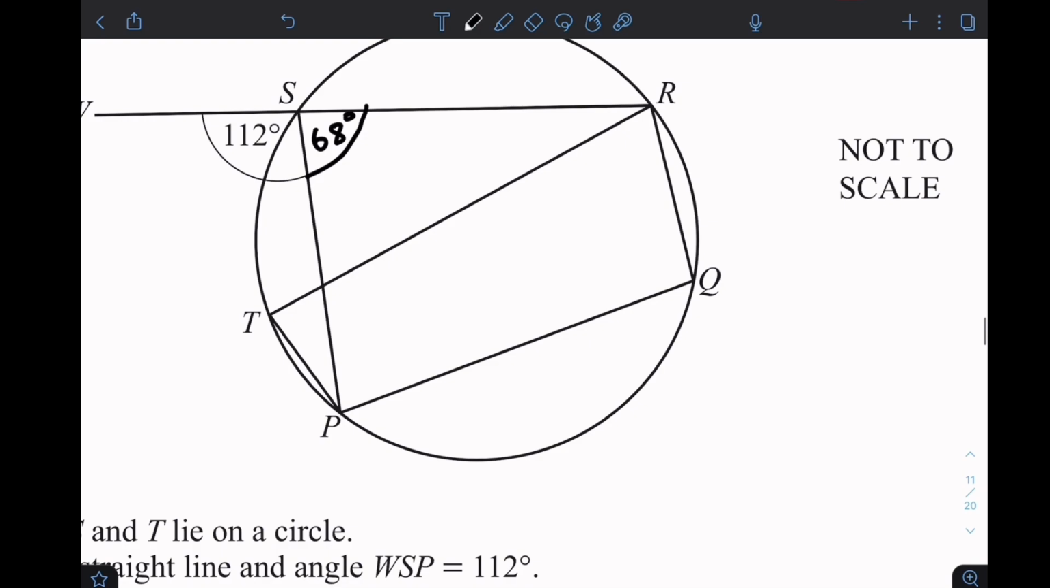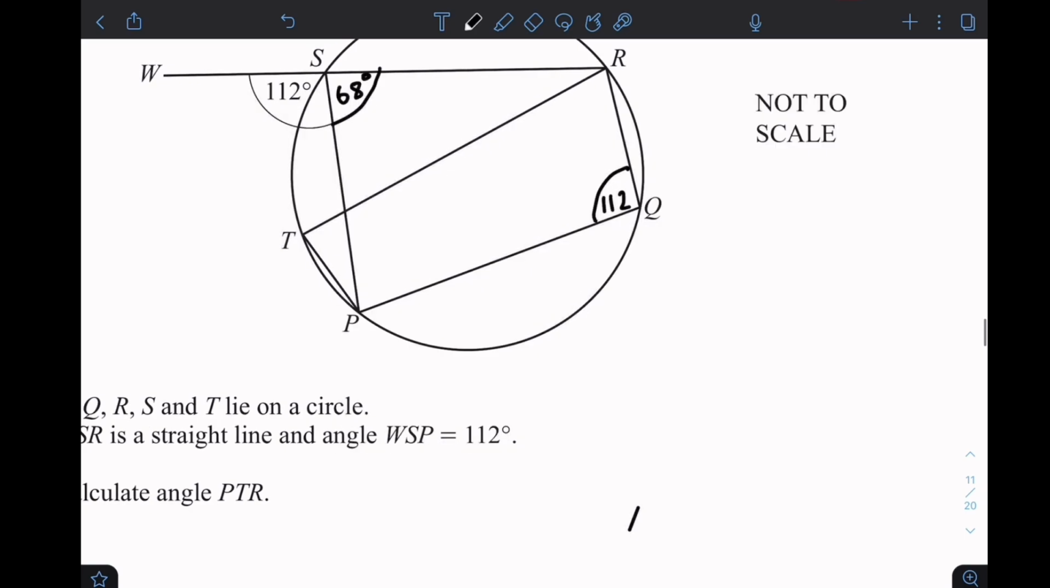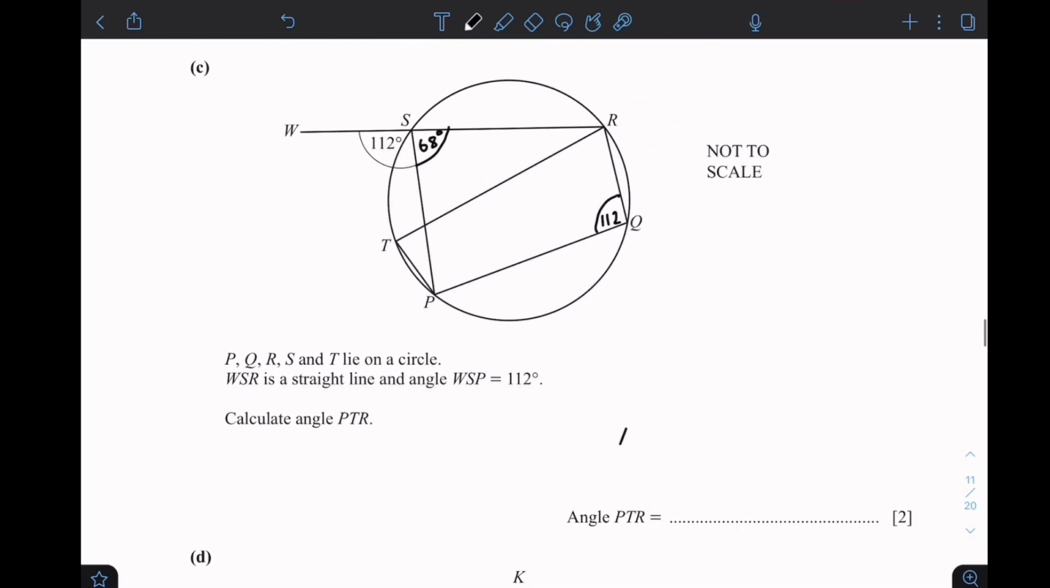And PQR is equal to 112 because this is a cyclic quadrilateral. And in a cyclic quadrilateral, the opposite angles are supplementary. And supplementary means the opposite angles add up to 180 degrees. Now to calculate PTR,